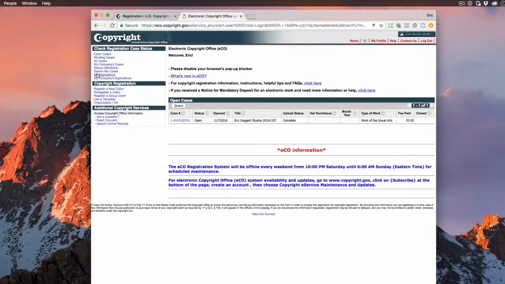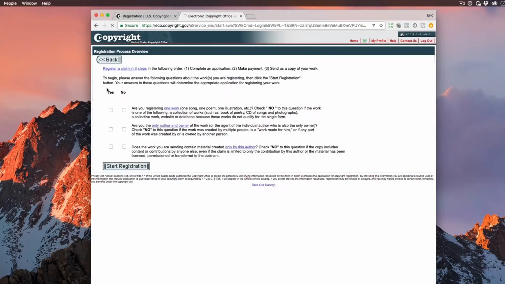So on the left, you can get a list of open cases that are still in process, registering a new claim, which is what we're going to do. You can also use a template, which I've messed with a little bit before. If you get into this a lot, you can create your own templates, which makes it a little bit easier when you're doing subsequent submissions. So for now, we're going to say register a new claim, and we're going to go through a series of